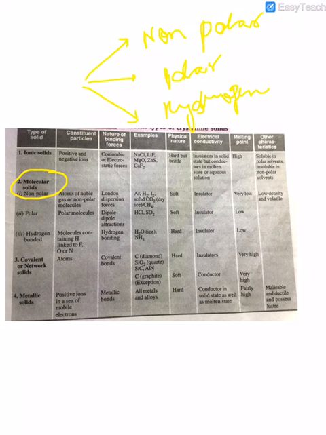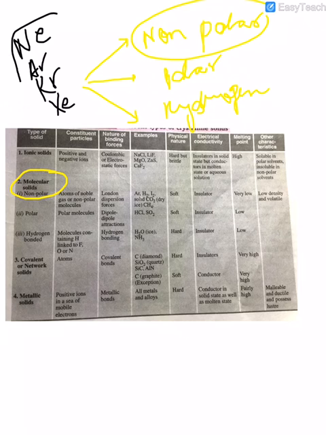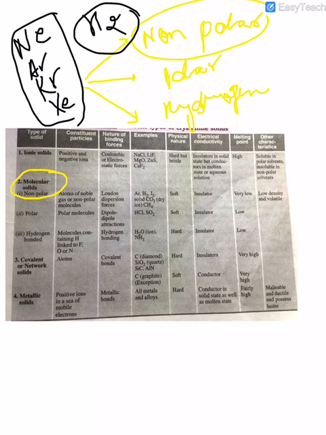So non-polar solid is made up of atoms like the noble gases. Noble gases means helium, neon, argon, krypton, xenon. So these are made up of the atoms of these gases, or we can say non-polar molecules like hydrogen, it's also a non-polar molecule. Chlorine, right? Because in chlorine both the atoms are the same in this molecule, so there is no dipole moment, or we can say no polarity, right?